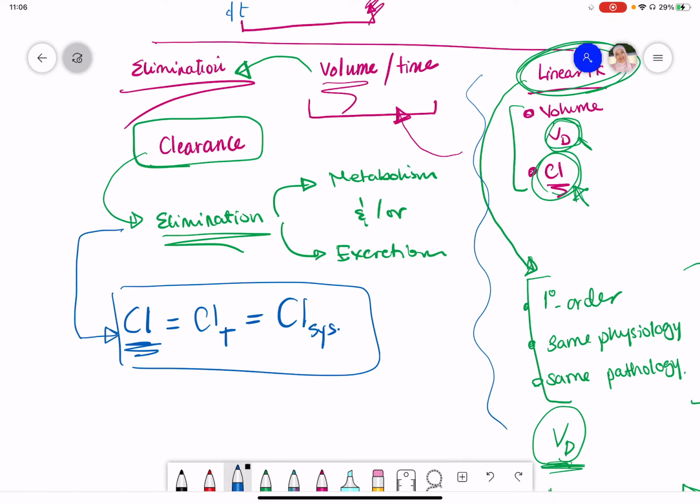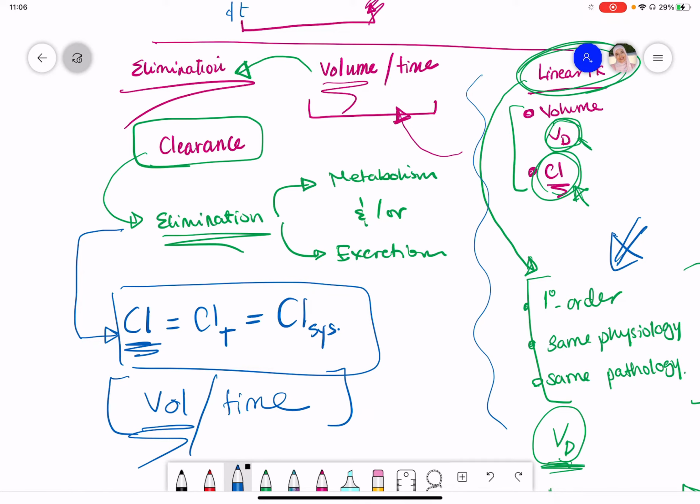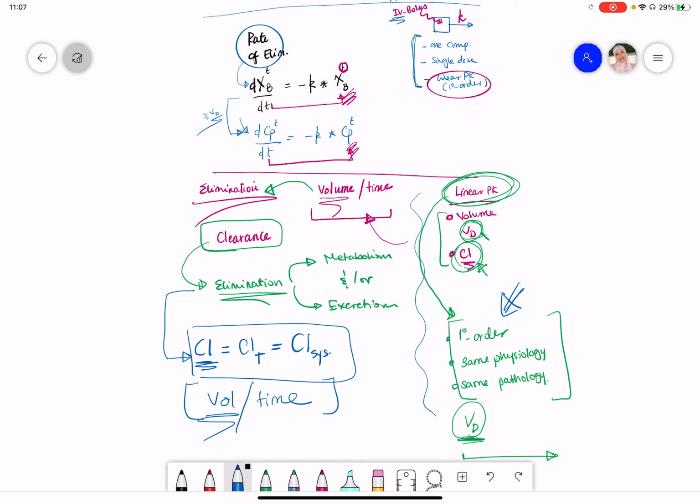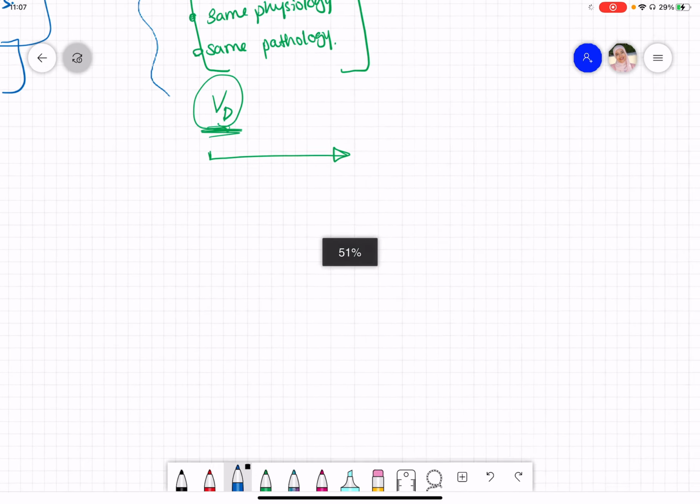We are talking about total elimination processes, either metabolism or excretion, or both of them, depending on whether the drug goes under metabolism or excretion. The unit of clearance is volume over time. And as we are considering the volume to be constant, the clearance of the drug is constant too under first order